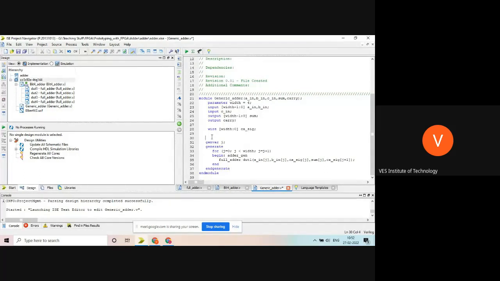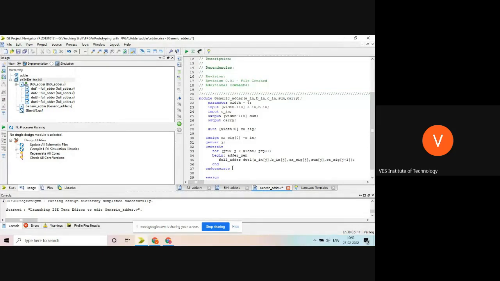Here, one thing I have to change again. I have to write assign ca sig 0 is equal to cin, because the input I have to assign to the 0th bit of the wire, as cin is not visible in this. So I have to mark this cin here as ca sig 0. See what happened. Now ca sig j plus 1.